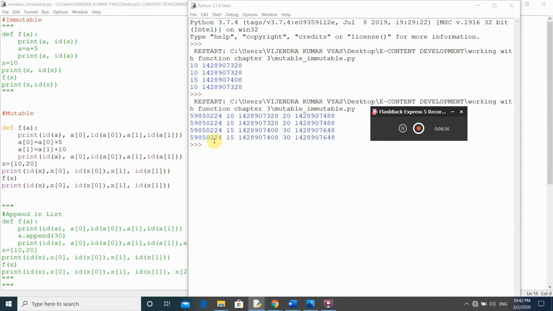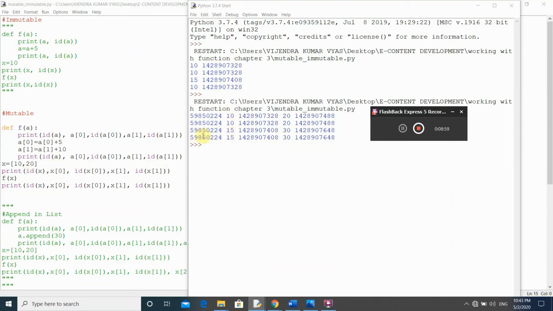So here we see the address of x remains the same, meaning it does not change, but the values of x of 0 and x of 1 changed, as you see above.